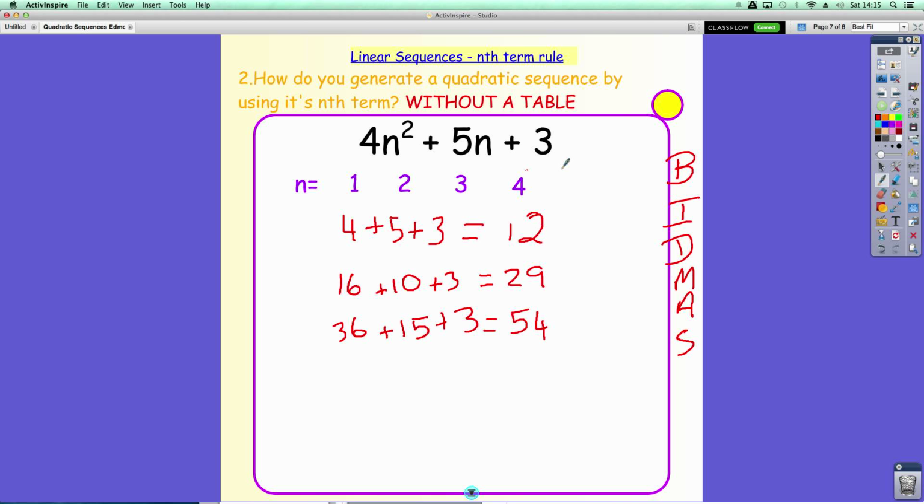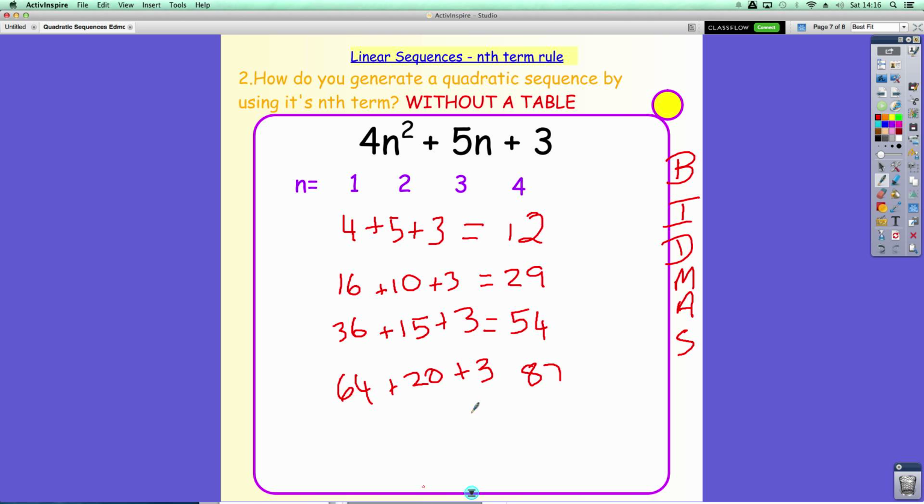I'm just going to do one more term to make it 4 terms. So 4 squared is 16, 16 times 4 is 64, 5 times 4 is 20, and then you're adding your 3. So 64 plus 20, 84, 84 plus 3,